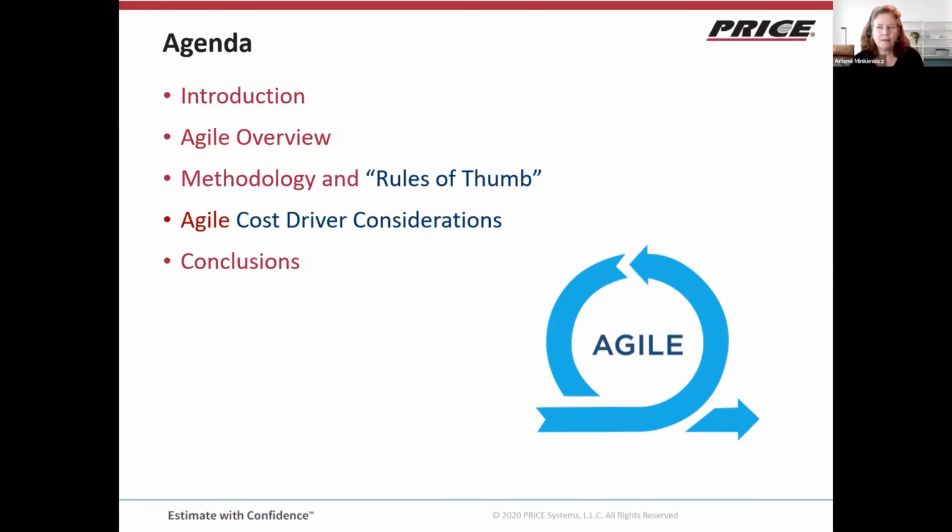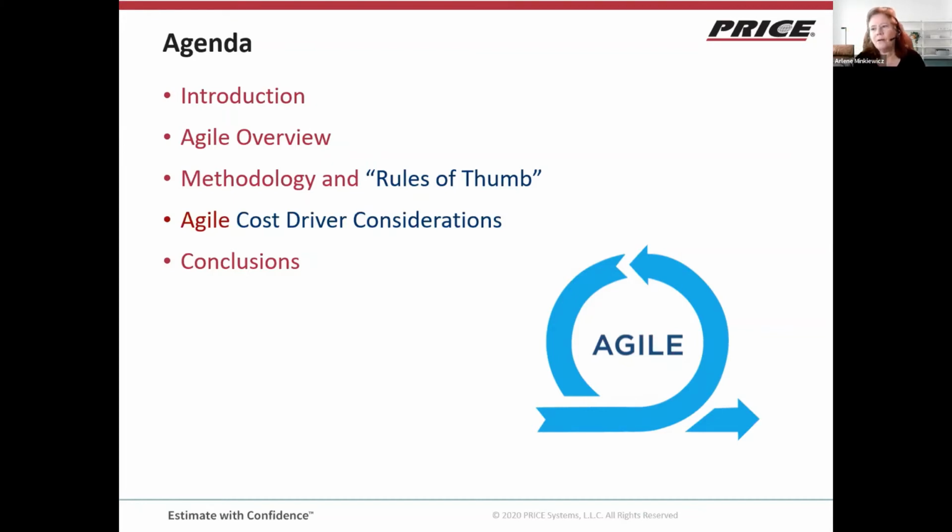Then I'll talk about some methodologies and rules of thumb. I'm in the cost estimating business. I specialize in software. I have a lot of people come to me and ask me questions. Well, I'm doing an Agile project, or my development team is telling me that they're doing an Agile project. How does that make my estimate different? And there is not a single answer to that question, because when someone says they're being Agile, they often mean, if 10 people tell you they have an Agile project, they have 10 different definitions of specifically how they're applying Agile practices. So rather than having a cookbook for how to estimate an Agile project, we've developed methodologies and rules